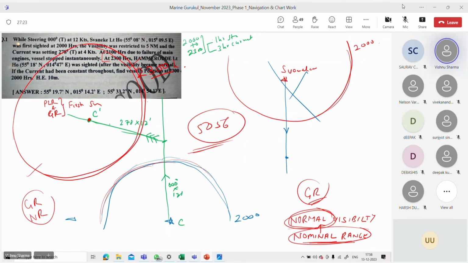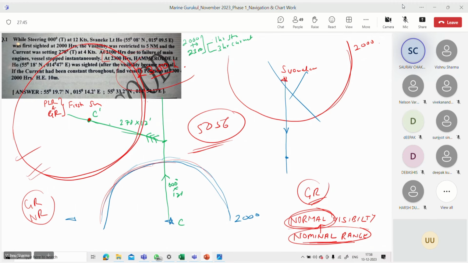Okay. So has everybody understood this 2300 RPC, or is there any doubt on that? Yes, I understood, sir. If you have understood 2300 RPC, leave it there. Rest, there could have been a correction in the exam. You never know. We are just wasting our time on something which may have been wrong here. There is no word like normal visibility, right?